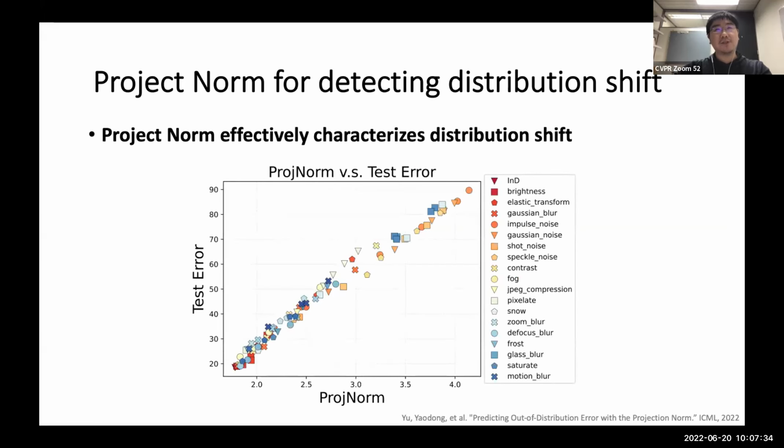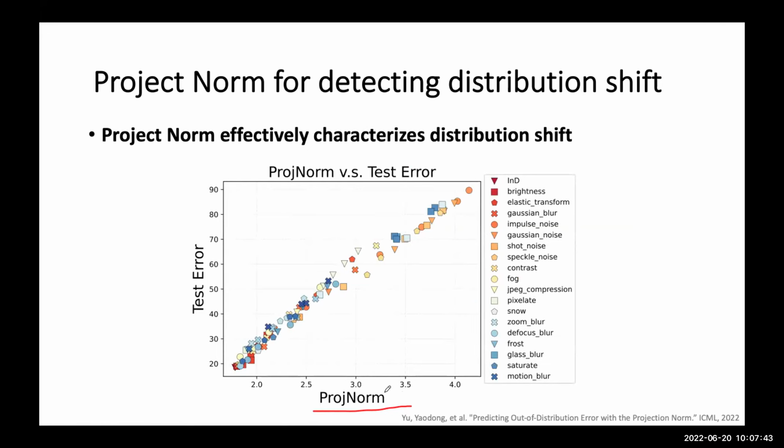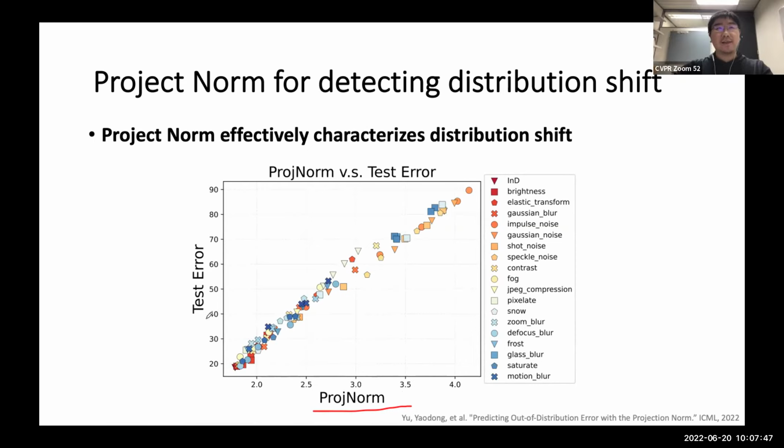So basically on the x-axis is the L2 difference of the weights of the two models, and the y-axis is the test error on the out-of-distribution data.